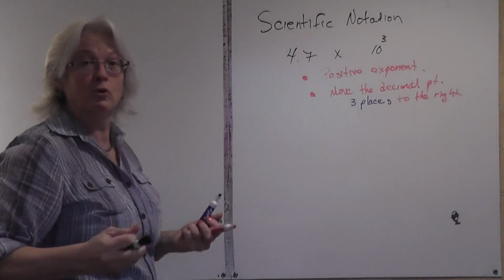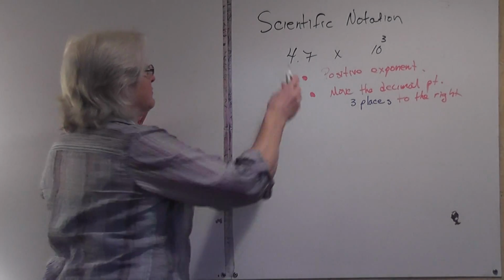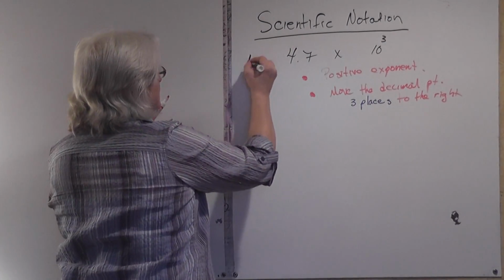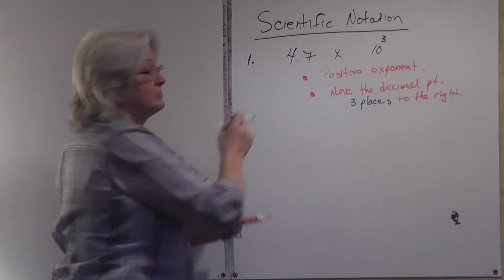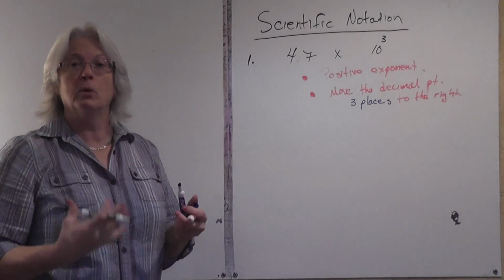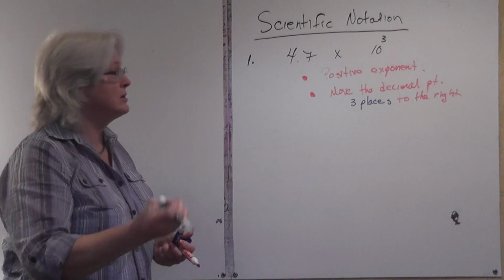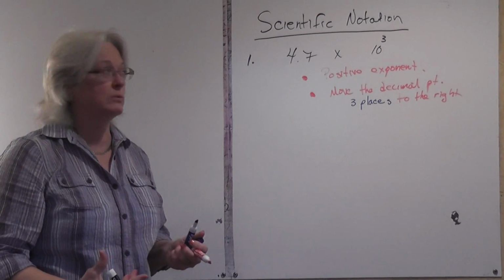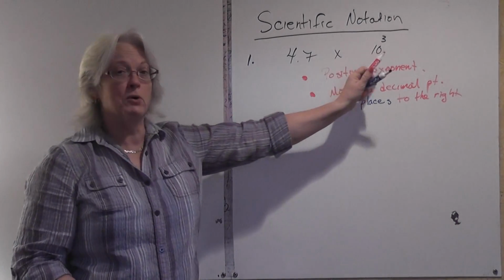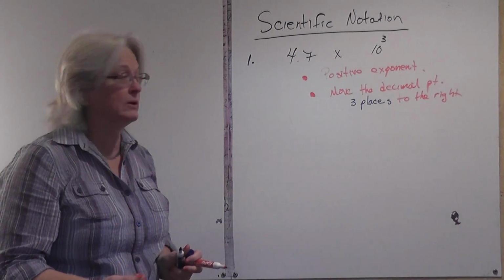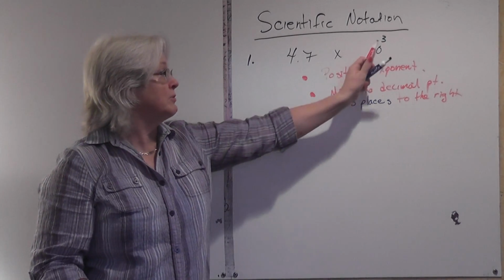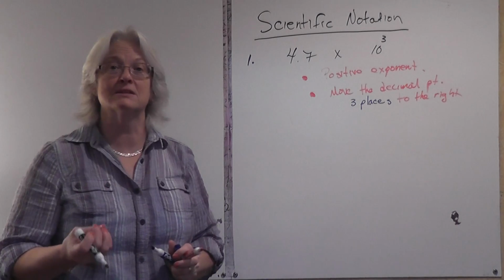Here's our first problem, 4.7 times 10 to the third. This is the format that scientific notation takes. You have a decimal number between 1 and 10 multiplied by a power of 10. We want to take this number that's in scientific notation and convert it into standard notation. We look and see, is the exponent positive or negative? The exponent is positive. What does that tell us to do? It tells us to move the decimal point to the right. How many places? 3 places to the right, because the exponent tells us how many places we're going to move